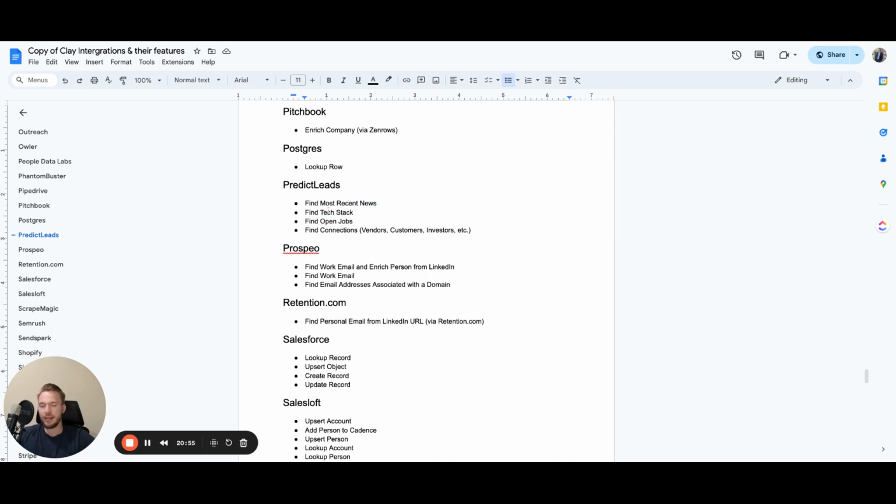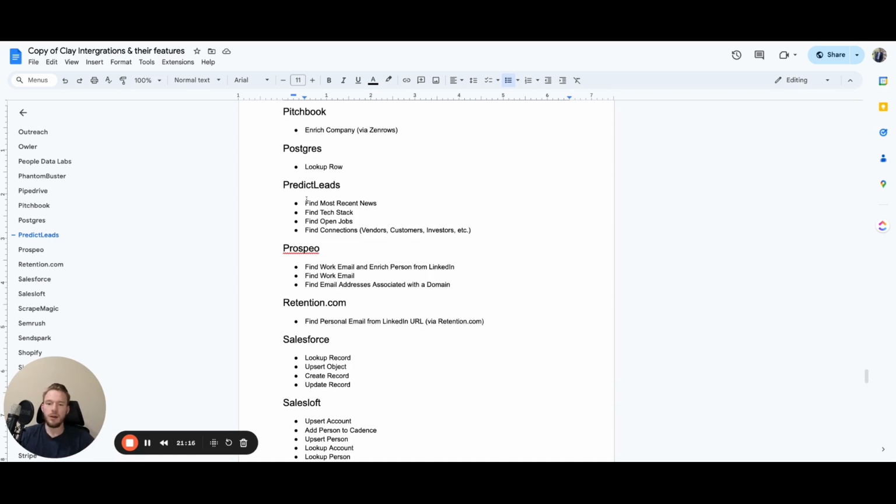For the Find Tech Stack, I think they're doing some website scraping, but they're also looking in job descriptions to see if people mention certain technologies in their job descriptions. So this one is even better. So nobody installs QuickBooks on their website, but you can use Predict Leads to see who's using QuickBooks based on past job descriptions. When they say, hey, we're hiring this accountant and you have to know how to use QuickBooks,